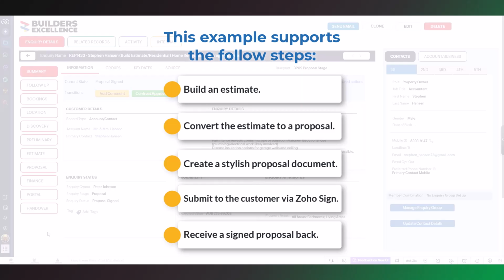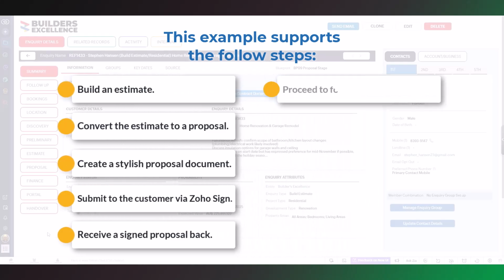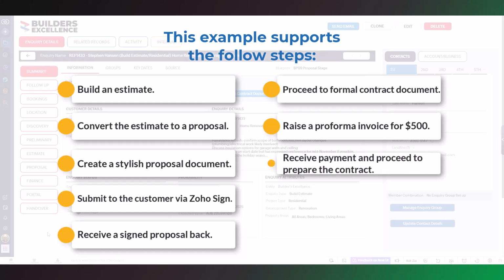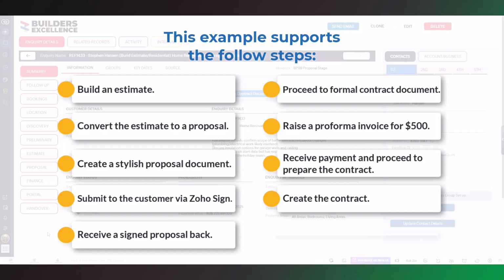As contracts can be costly and time-consuming, you may want to raise a pro forma deposit to cover this expense. This deposit can be credited to the contract value if the customer proceeds. 6. Proceed to the formal contract document. 7. Raise a pro forma invoice for $500. 8. Receive payment. 9. Create and send contract. 10. Contract signed. Now you are ready to proceed to the next stage, which includes invoicing the deposit and scheduling